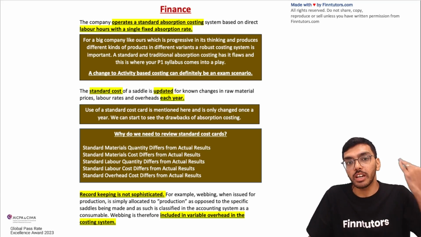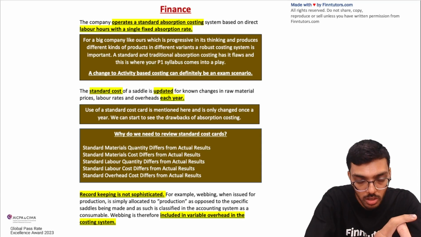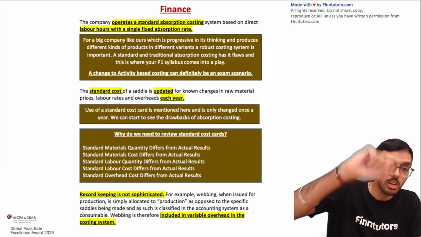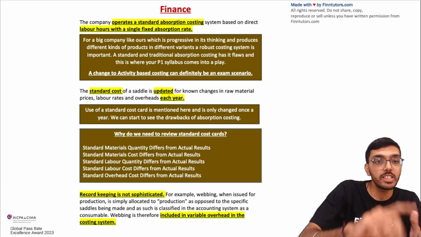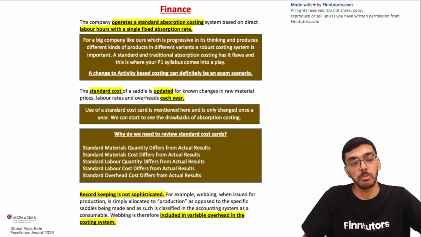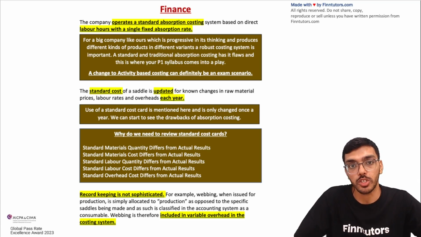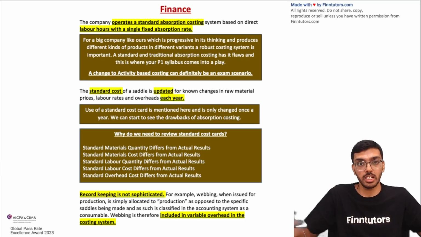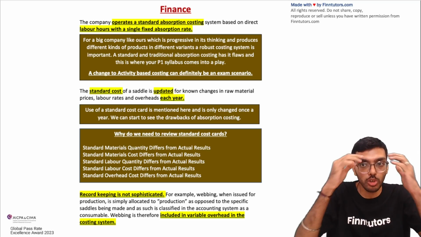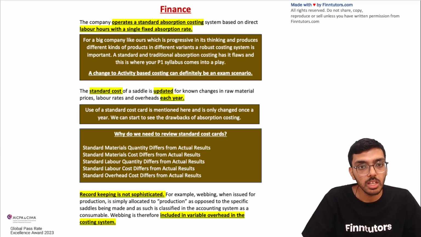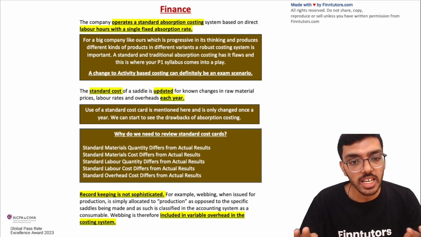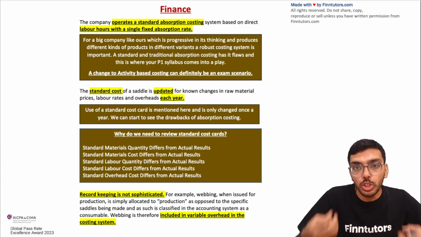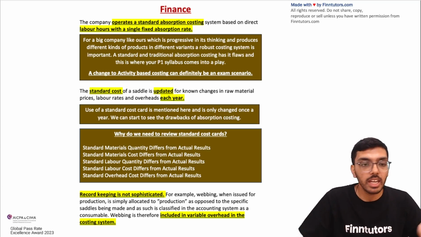Also, remember the advantages and disadvantages of standard costing, marginal costing, and ABC, because they can ask you, okay, from absorption costing we're moving to marginal costing, do you think it's a good idea? Marginal costing to activity-based costing, do you think it's a good idea? So all 3 costing systems should be very clear in your mind. And please remember, this is a case study exam. There are not going to be any sums, but conceptual clarity will be very, very important.